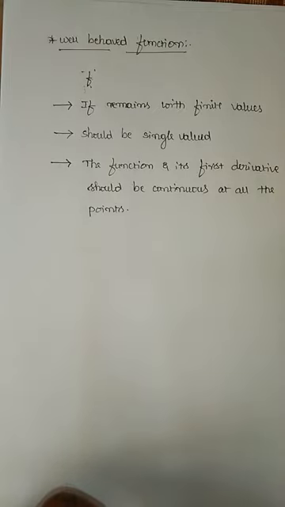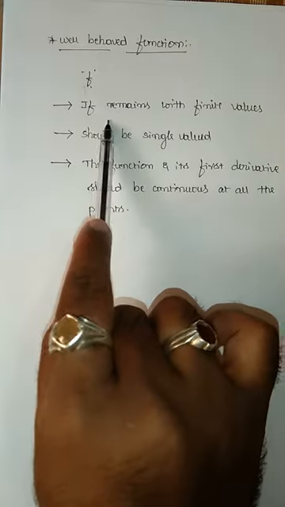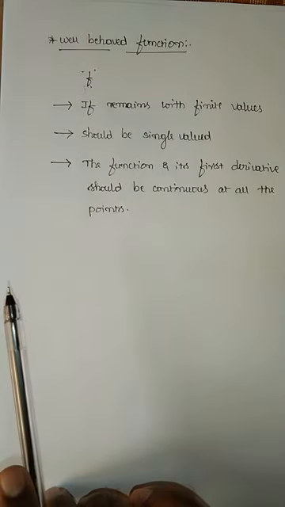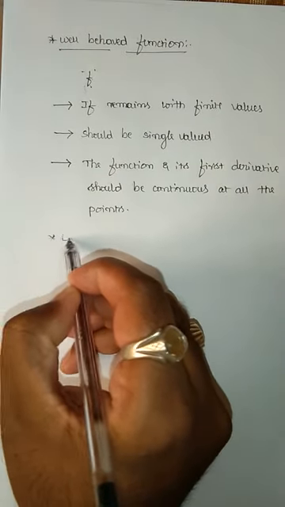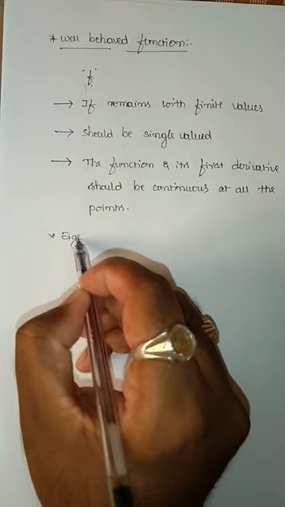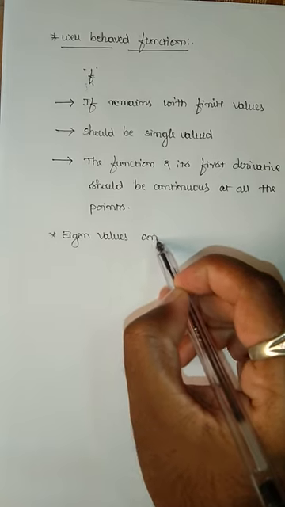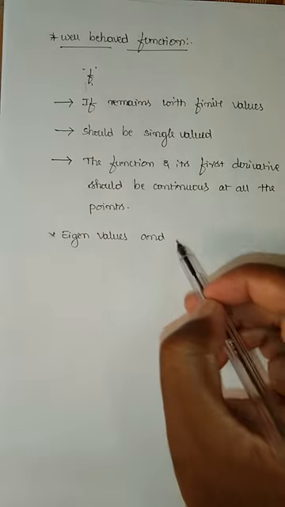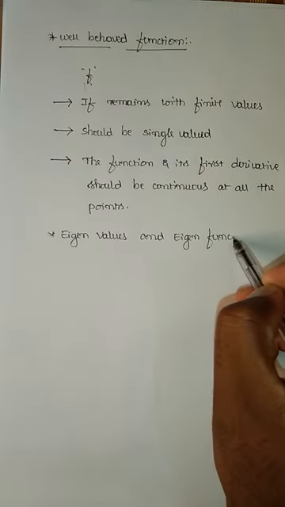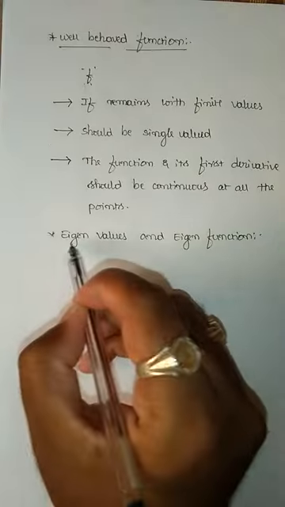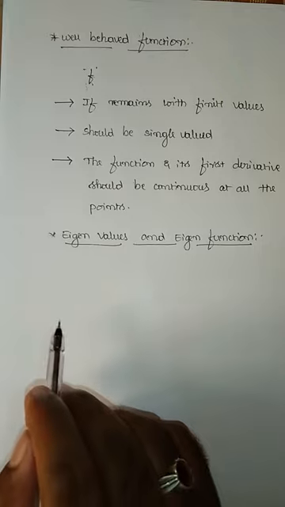So as a whole, we can say any function that satisfies all these three conditions will be considered a well-behaved function. And now we shall go to the main topic, that is eigenvalues and eigenfunctions. This is the most important concept in quantum mechanics. So if you consider any well-behaved function,